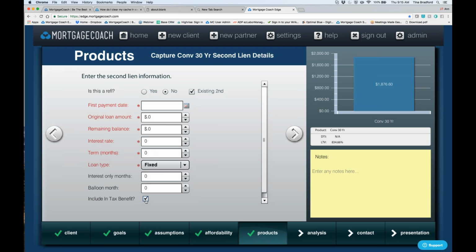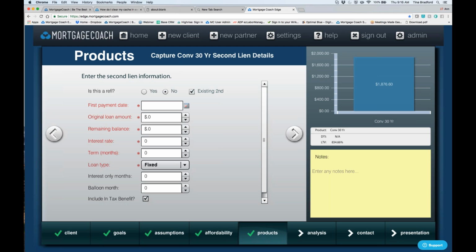Include in tax benefit is down here. So again, what money can you include in the tax benefit? And I'm trying to get over to my notes. It's a HELOC with the first loan for a purchase. Those are on the tax deductible, and reno loans. If you're doing renovation loans, those are also going to be in that category. I'm sure there's a few others, but those are probably the main two that you're going to be able to use it for.